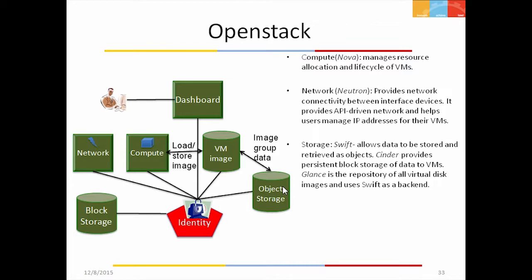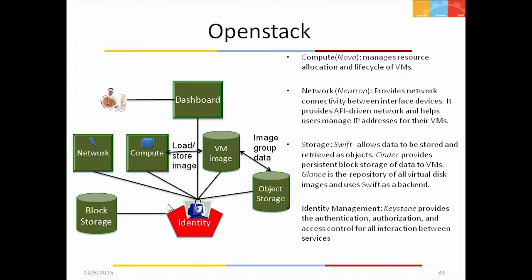So a VM image would be managing that, and when you instantiate a VM image with some associated virtual hard disk, the data that is created and stored alongside the VM will be stored in this block storage here. For that purpose, this block storage and VM image would be interacting with each other, and this object storage would be used for checkpointing purposes.